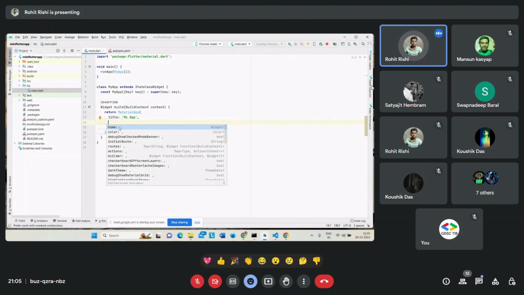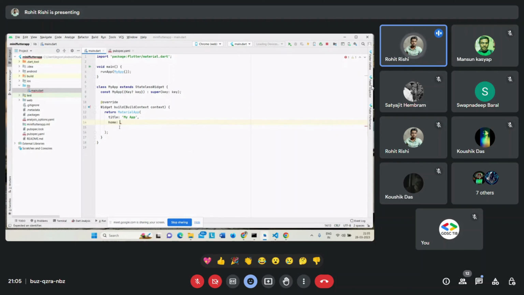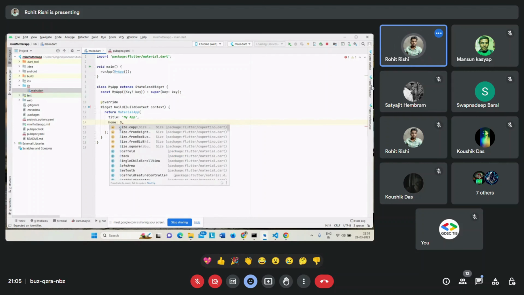So I want to use home. Click on home, and I'll show you the scaffold. I want to first create the structure of my page so that I can put some inputs in it. So let's call scaffold,